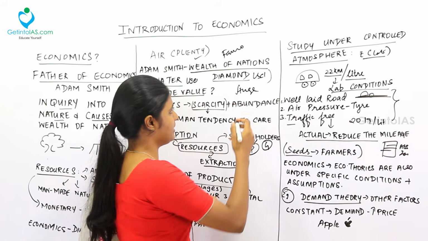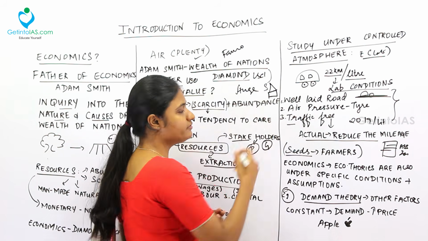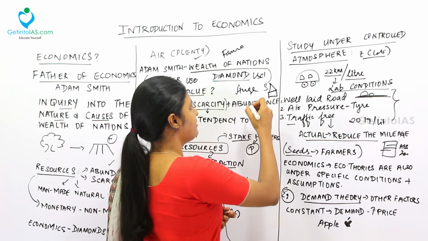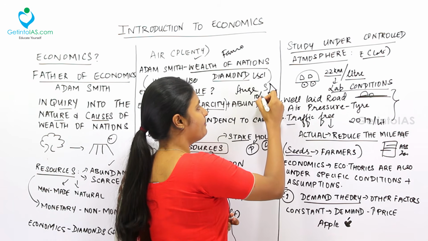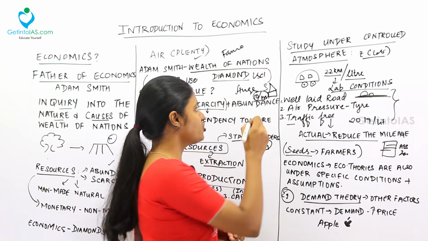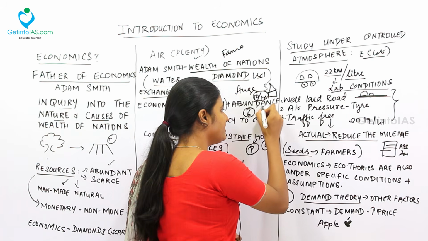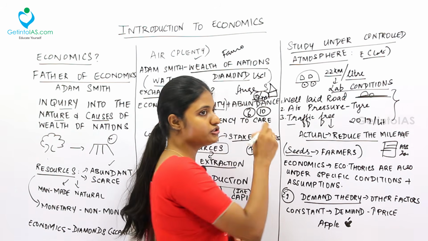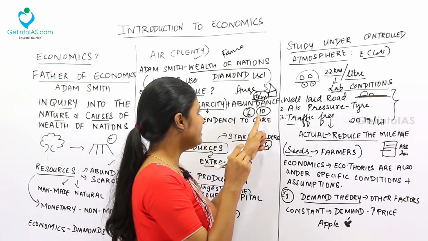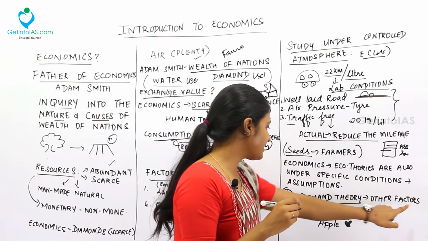What is supply, what is demand? In case I'm having a business firm, I may produce a lot of, say, mobiles. If I'm producing 10 mobiles per month, this is my supply. So supply depends upon the demand. How much demand is there in the market? If there are 10 phones demanded in the market, these 10 phones also will get sold. So supply will match the demand. But in the demand theory, other factors are constant.